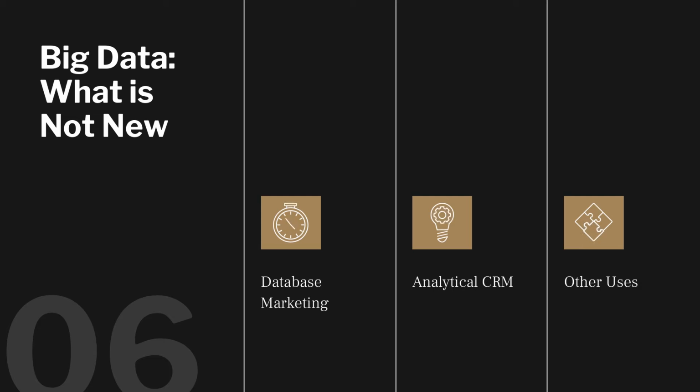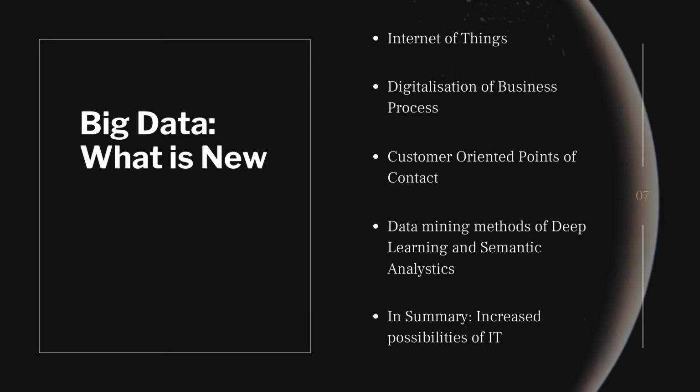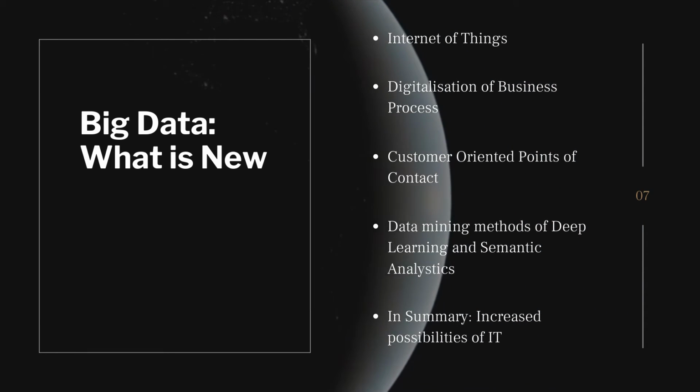Point of sale, customer, and credit card or web servers have long been producing large amounts of data. Equally, the analysis of unstructured data in the shape of emails, web form free text, or customer surveys are also examples of how big data is not new. We have been using it for a very long time, mainly for marketing. Where it is new is actually in the Internet of Things.